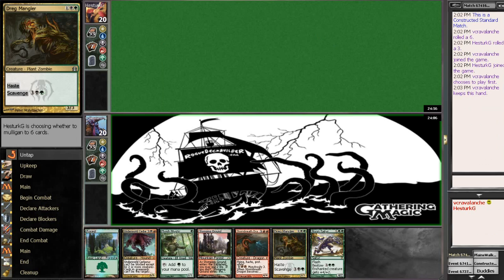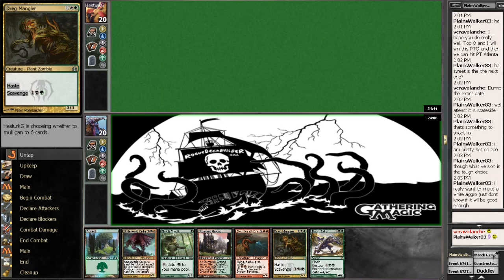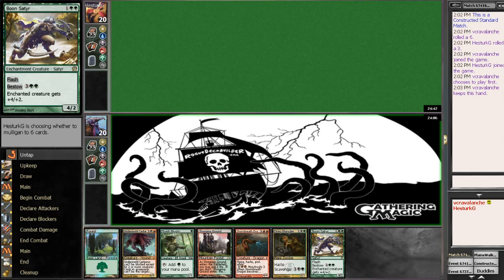So, anywho, see what we're up against. We are on the play. Yeah, we are on the play too, so this even gets that much better, as it's going to be a second turn Drag Mangler or a second turn Boon Satyr, whichever one I feel like playing. Boon Satyr's so cool, especially on their turn, they'll only have 1 mana out, and I think that might be the right line of play, because in third turn...